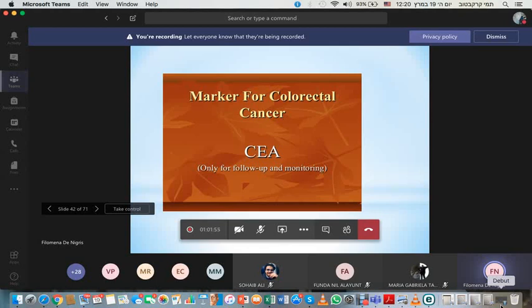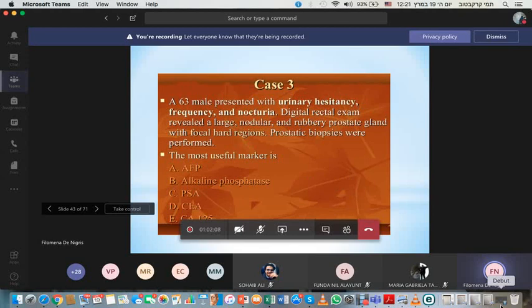For colorectal cancer, the best marker that we can use in a blood sample is CEA, which is useful for colon cancer. For example, this is just a case: a male, 63 years old, presenting with nocturia frequently. The rectal examination reveals a large nodular